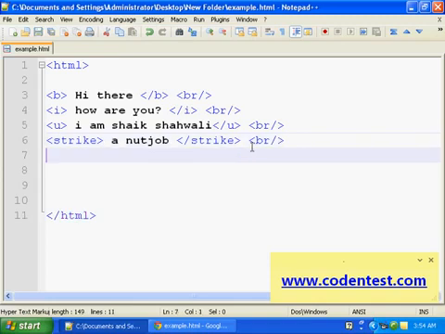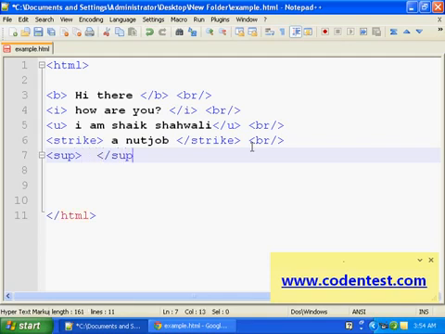So what next? Superscript and subscript. For that we use sup for superscript. And I'll add some normal text here, like normal text, and subscript, sub.